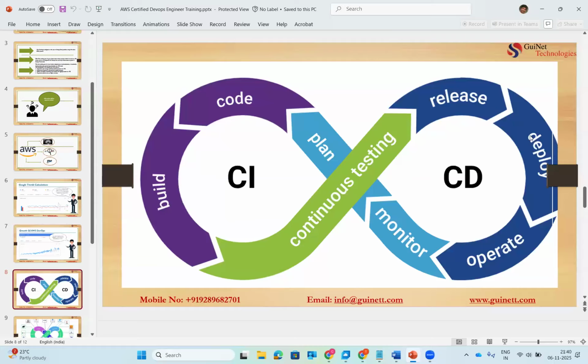Once the planning is done, after that, coding begins. Different teams work on their own part, developers work on coding, and after the code is written, a package is finally built. So what actually reaches